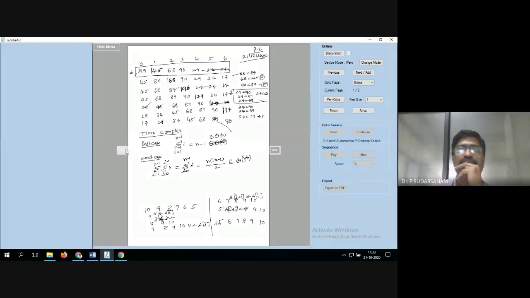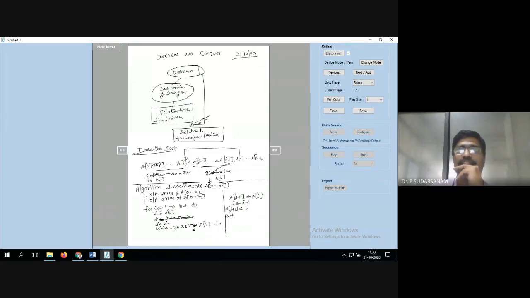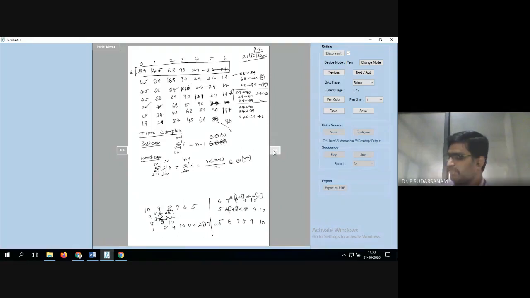I already told you one more way. The best way is that here one loop is there, and here also one loop is there. Here it goes up to n minus 1, but here 0 to n minus 2. So n minus 2 into n minus 1, what will happen? The first loop is n minus 1, the second loop is nothing but n minus 2. So that is n square, which belongs to this one. That is called the worst case.